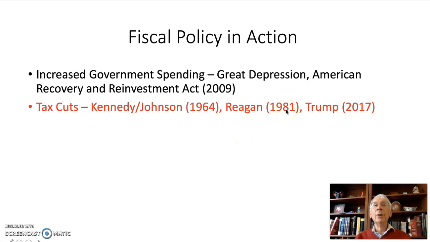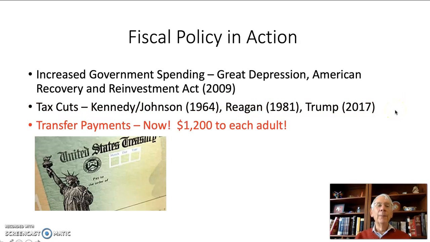Ronald Reagan was elected president in 1980. He promised to cut taxes by 30%. He couldn't quite get that through Congress, and taxes were cut by 25% in 1981. And in 2017, President Trump and the Republicans who controlled Congress were able to pass what was called the Tax Cut and Jobs Act of 2017, which was fiscal policy designed to cut taxes and raise aggregate demand. And what about transfer payments? Well, right now, each American adult is getting $1,200,